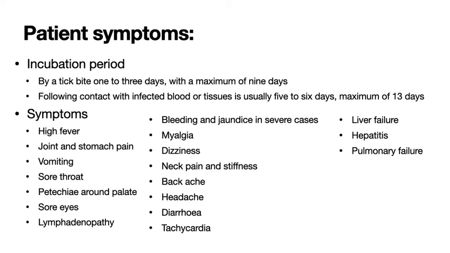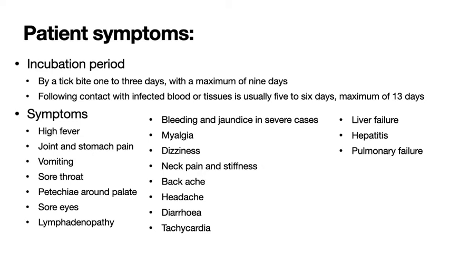Also, a patient may experience nausea, vomiting, diarrhea, abdominal pain, and sore throat early on, followed by sharp mood swings and confusion. After 2 to 4 days, the agitation may be replaced by sleepiness and depression. Abdominal pain may localize to the upper right quadrant. We also see clinical signs such as tachycardia. We may also see a petechial rash. It's a rash caused by bleeding into the skin, on internal mucosal surfaces such as the mouth and throat, and on the skin. Petechiae may give way to larger rashes called ecchymoses.